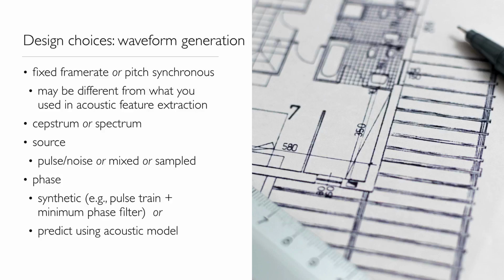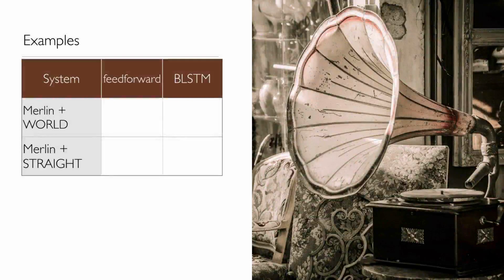So now I'm going to show some examples. We have the systems Merlin plus WORLD, and also Merlin plus STRAIGHT. STRAIGHT is a vocoder, pretty standard, but it's closed source. You need to pay for that. But it's pretty standard. There are recipes in Merlin as well. So let's listen to examples with feed-forward DNN